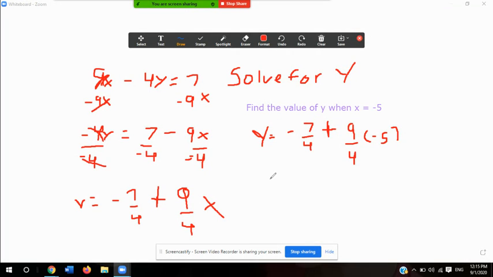So the left-hand side of my equation is going to stay the same. We're going to bring down the y. We're going to say y equals -7/4